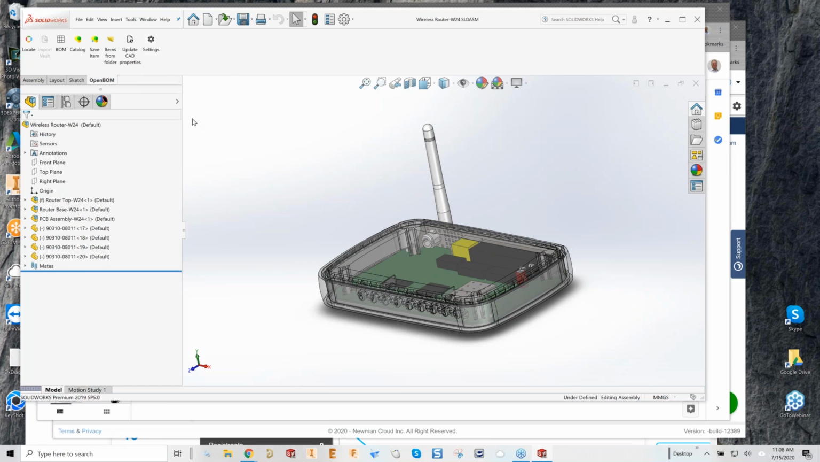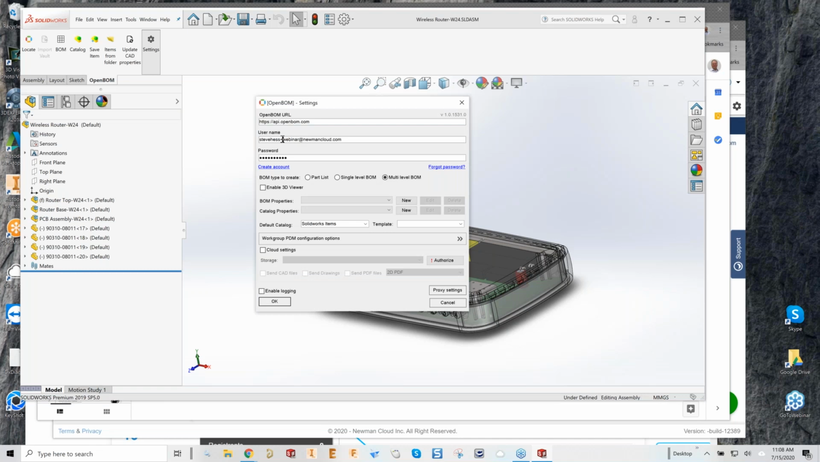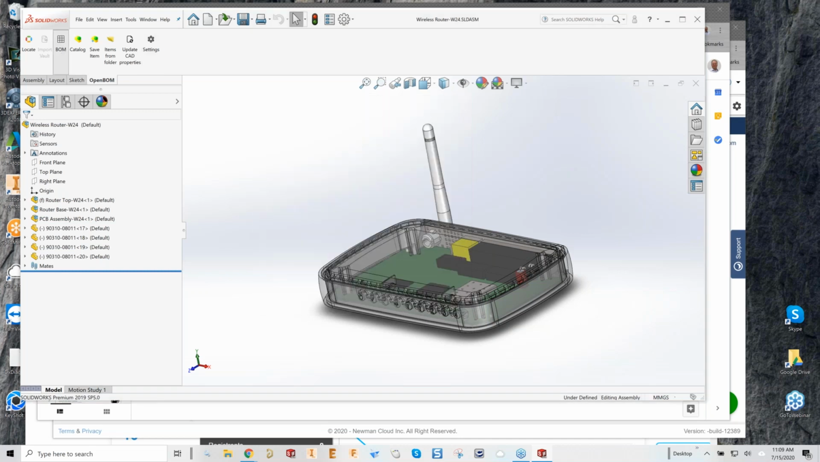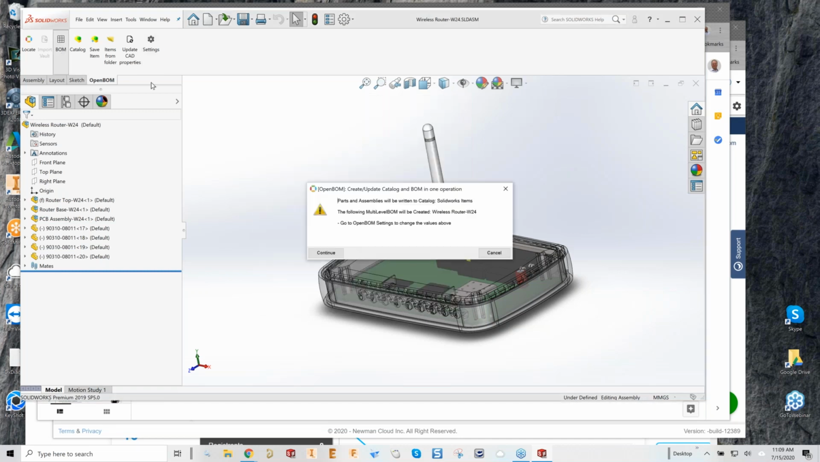So I've fired up SolidWorks. I've got the add-in installed. I go to my settings and I just type in my username and password and click OK. And I click the BOM button. I'm going to see this dialog that gives me some information. I always encourage you to read these because they really do tell you what's going to happen. We're going to save some parts into a catalog classification called SolidWorks items, and we're going to create the following multi-level bill of material called wireless router W24. Okay,